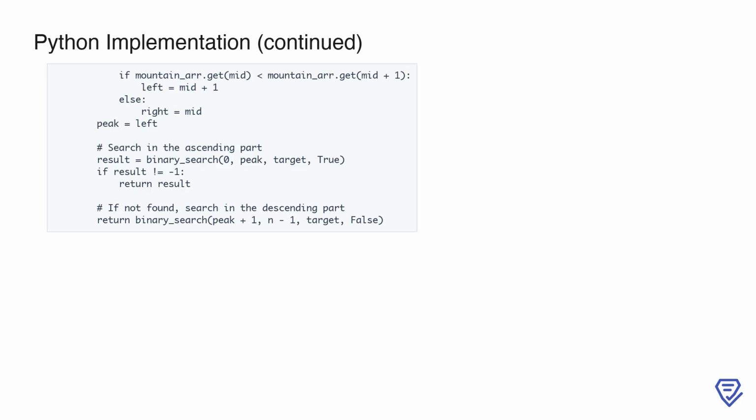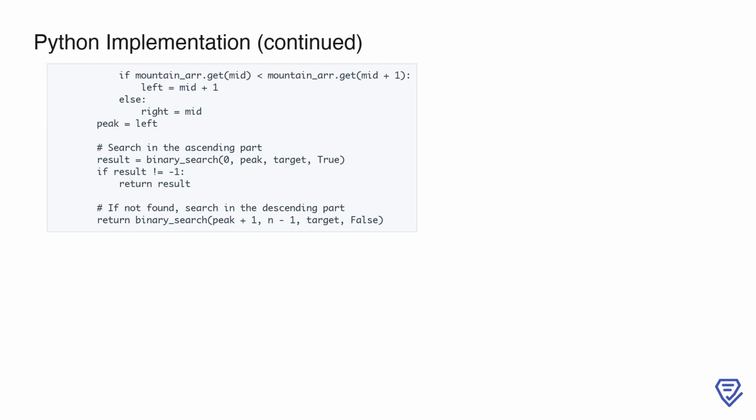First, we perform a binary search on the ascending portion of the array, from index 0 to the peak. If the target is found in this range, we return its index immediately. If not, we move on to the descending portion, conducting a binary search from peak + 1 to the end of the array. This time, we set is_ascending to false since the values in this range are sorted in descending order. If the target is found here, we return its index. If neither search finds the target, the method ultimately returns -1, indicating that the target is not present in the